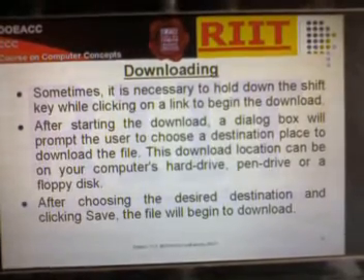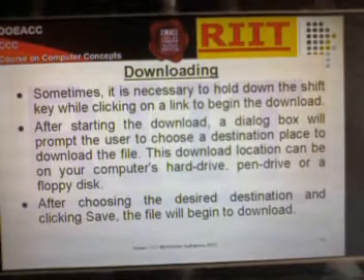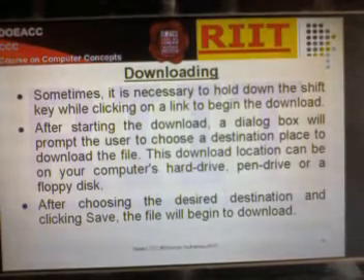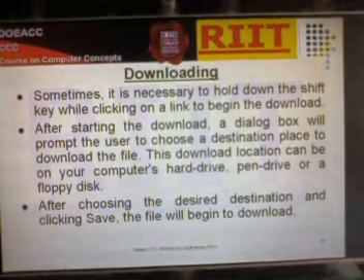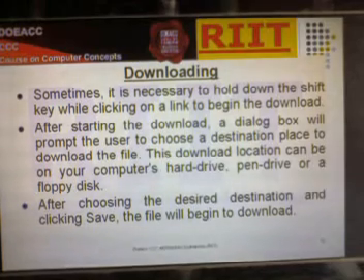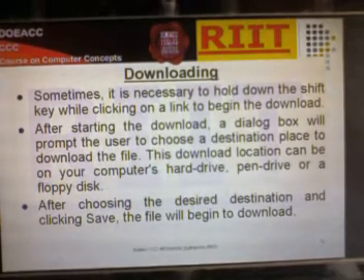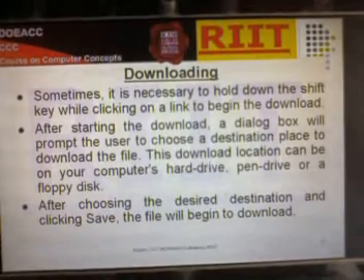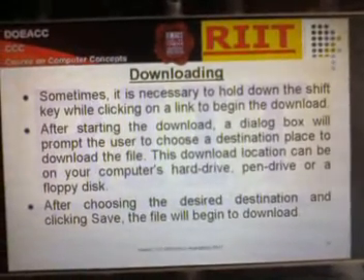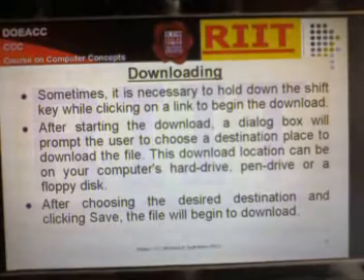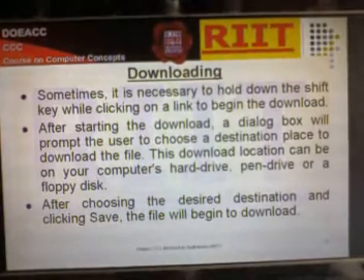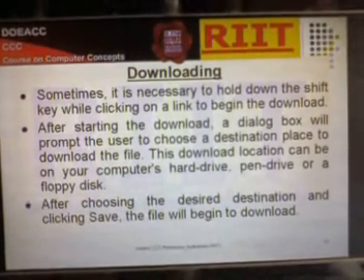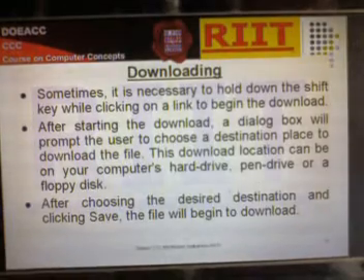This download location can be your computer's hard drive, pen drive, or floppy disk. After choosing the desired destination and clicking Save, the file will begin to download.